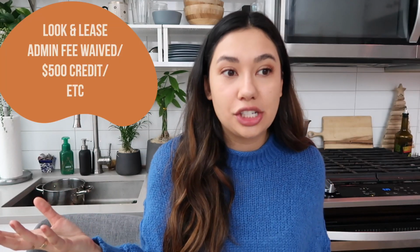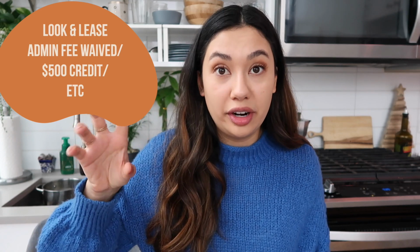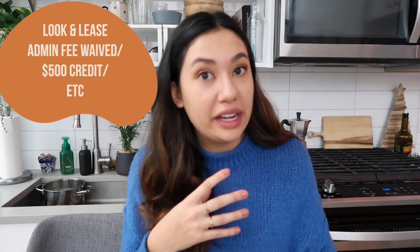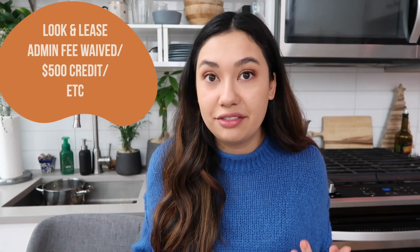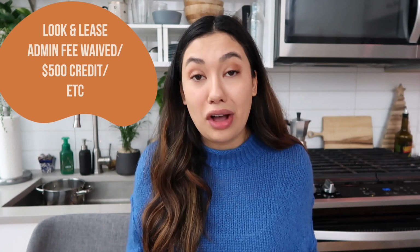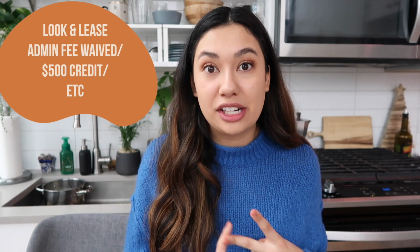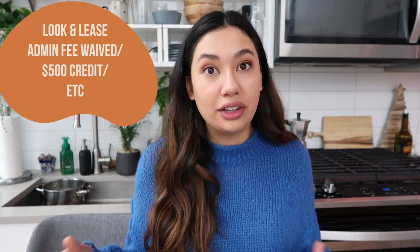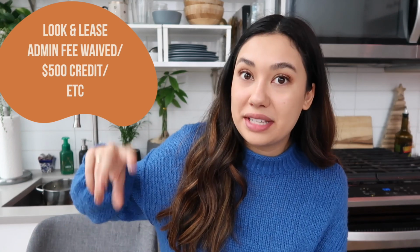The look and lease special is something where you tour, and the apartment building will say, if you apply to our building within 24, 48 hours, by end of day, they can make up their own rules, then they'll credit you back your admin fee. Maybe they'll offer you a $1,000 look and lease special. They might offer you 6 months free parking. There's all sorts of different look and lease specials that can happen, but that will take place at the time